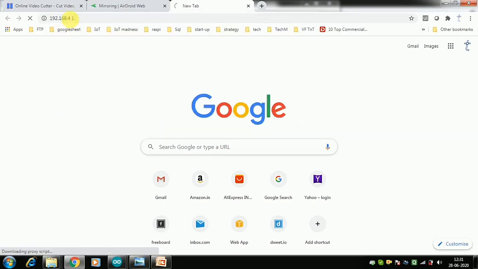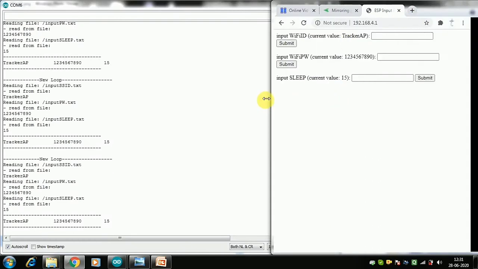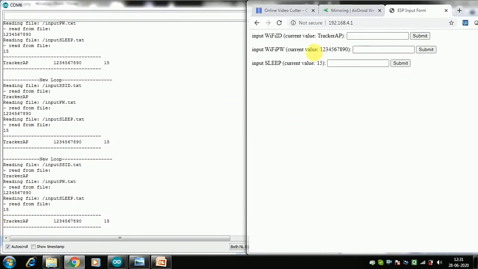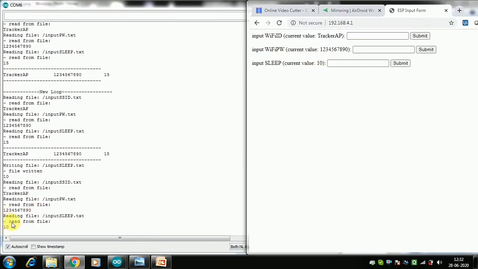This is the path, and you can see here's the data. I'll minimize it here so that we can see. Let me change this poll frequency from 15 seconds to 10 seconds. You can see it is now 15. I change it to 10 and I submit. I get a confirmation here. This 15 goes to 10, and you can see this goes to 10.